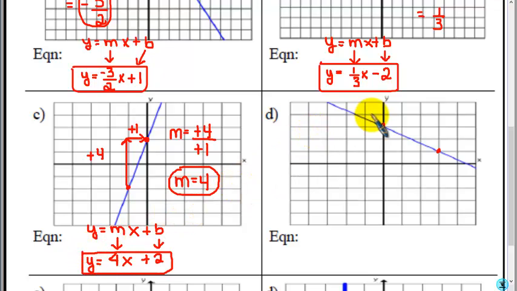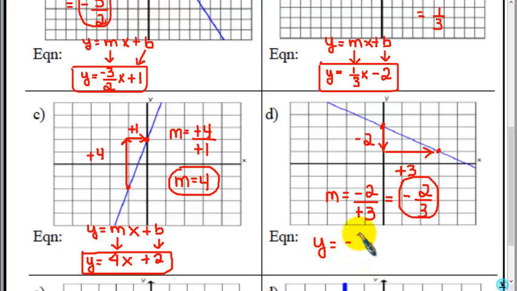Here I already chose 2 points. And let's say I start from the top this time. So that means I'm going to go down 2, and that would be negative 2. And I'm going to run 3 to the right, so that would be positive 3. So that means my slope is negative 2 for the rise and positive 3 for the run. A negative divided by a positive is negative 2/3. Alrighty then. So that means my equation will be y equals negative 2/3 x,